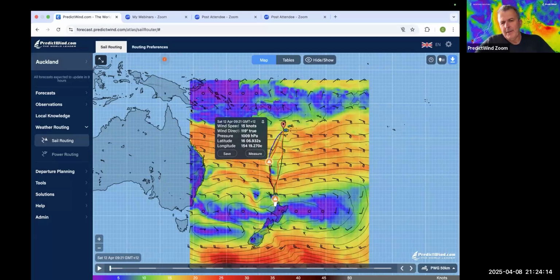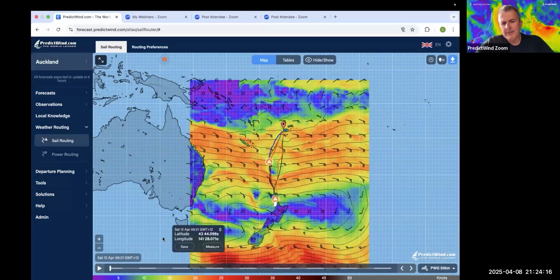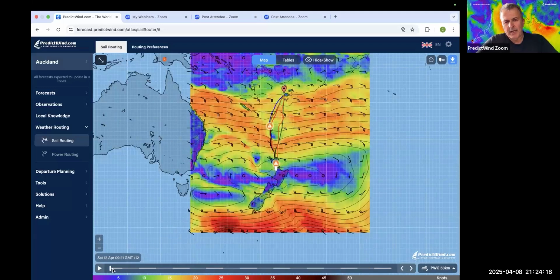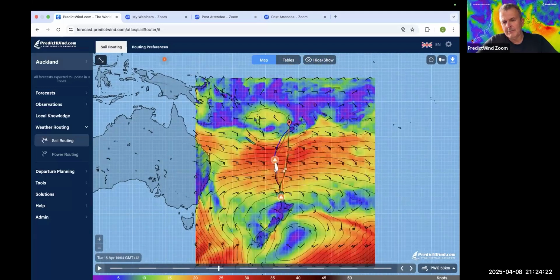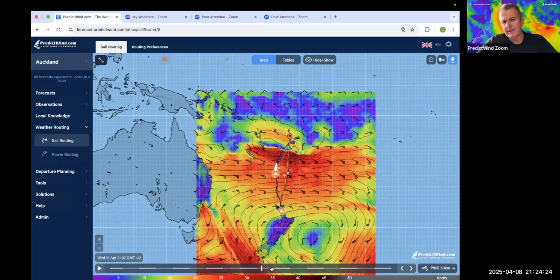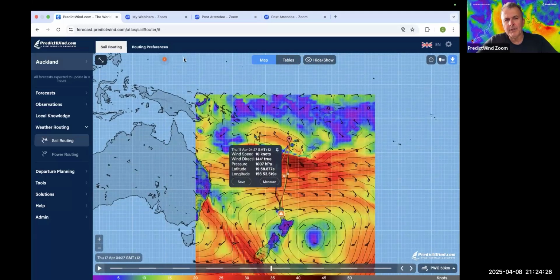So I'm back here with the routing. Now I don't spend too long here. I'm quite happy to play it forward. I can see there's a lot of breeze there. You probably wouldn't go, but I'm just giving you an example here. Generally, I'm in here, and then I'm into the tables. So the tables